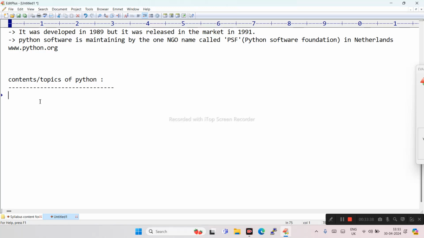The in-depth content we will provide after the class. The first one is syntax rules. Every programming language must follow some syntax, so what are the syntax rules of Python?